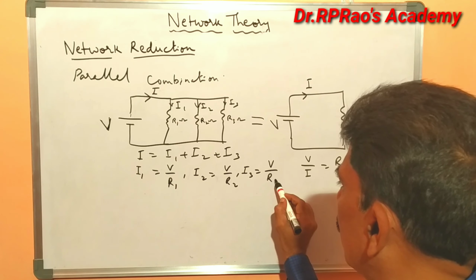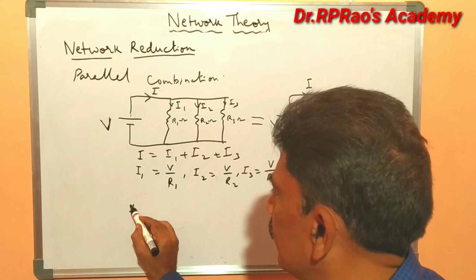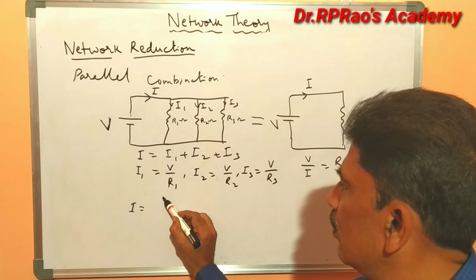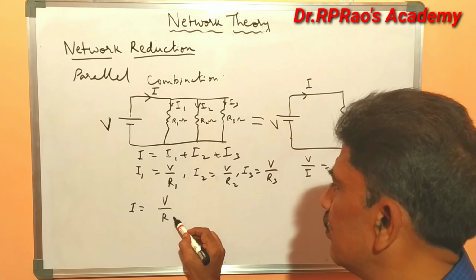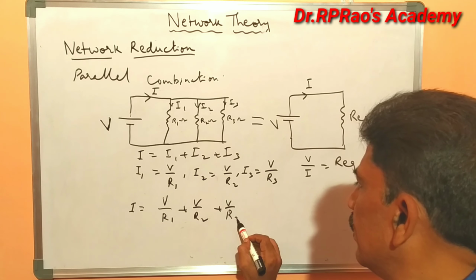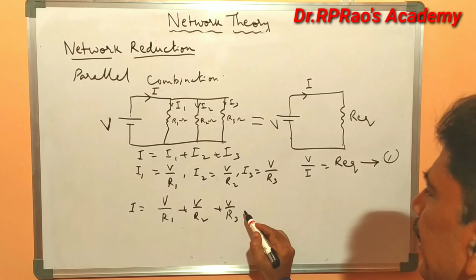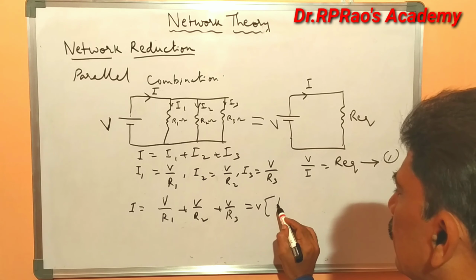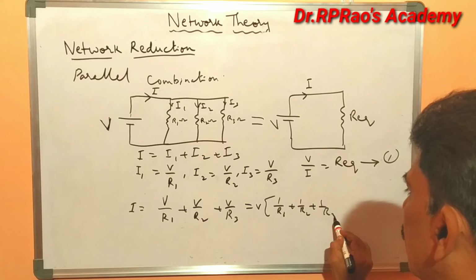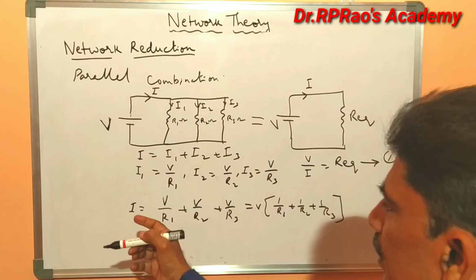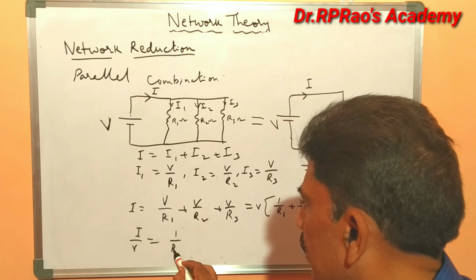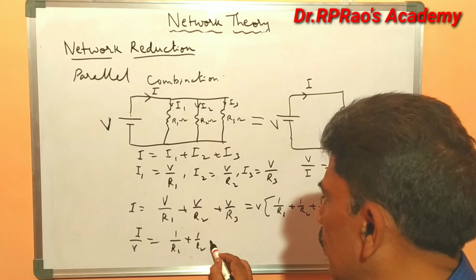V by R3. So I is equal to, since it is equal to I1 plus I2 plus I3, V by R1 plus V by R2 plus V by R3. Now take V common: 1 by R1 plus 1 by R2 plus 1 by R3. Bring this V onto the left side. Now it will be I by V is equal to 1 by R1 plus 1 by R2 plus 1 by